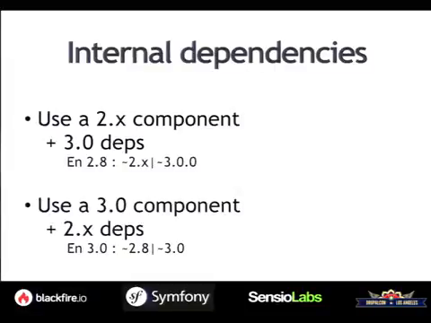But how can you be sure that is still the truth? And the fact is, you can't really, because in Composer there was no way to do that. So what we want to be able to do is to say, okay, for any 2.x component, I want to check that it works for any other 2.x version of all the components that I'm using as dependencies here, and also with 3.0. And for 3.0, I want to make sure that it works for 3.0, of course, but also for 2.8. That way we can be sure that we are compatible all the way from 2.x to 3.0.